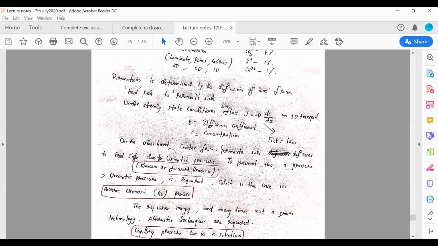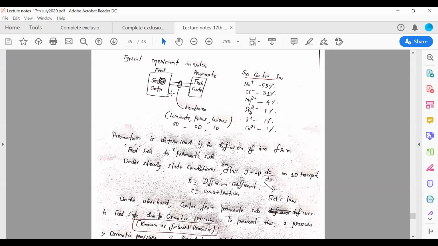So this is the typical forward osmosis, because we have a high concentration of water, solvent, here and low concentration of water here. Then what happens? Because of osmosis, this fresh water goes to this side. This is what is known as the osmosis process. But we don't want that. What we want for desalination is to get pure water from seawater. So we want water to go from this side to the other side, the permeate side.